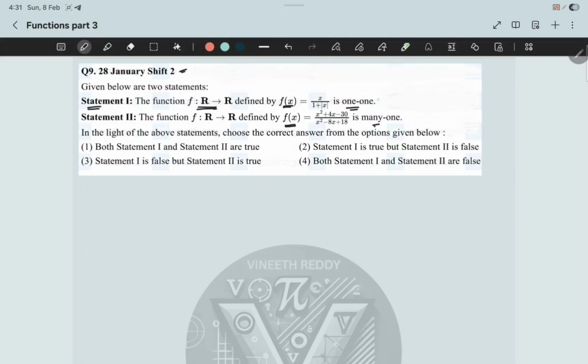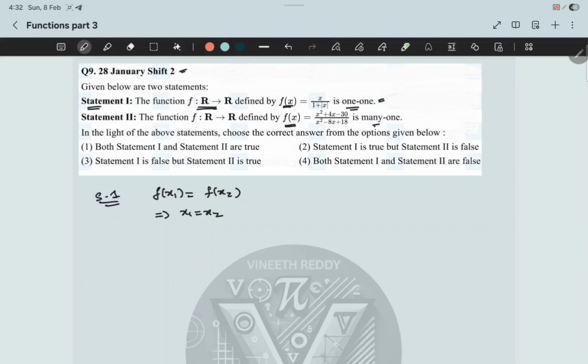See, we have multiple methods to solve these kinds of questions. As of now, what I can think of for statement 1. See, when is a function 1 to 1? If f of x1 equals f of x2, then x1 should be equal to x2, right? This is the definition of 1 to 1, right? Another way of defining a 1 to 1 function is if the derivative is either greater than or equal to 0 or less than or equal to 0. Meaning to say, if the function is strictly increasing or strictly decreasing, then also we can say that the function